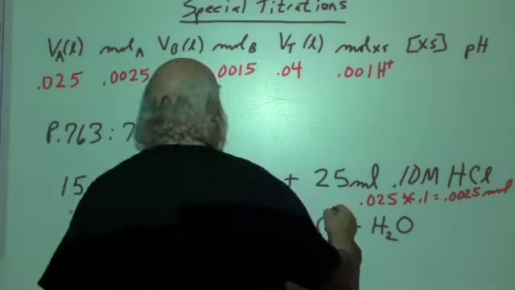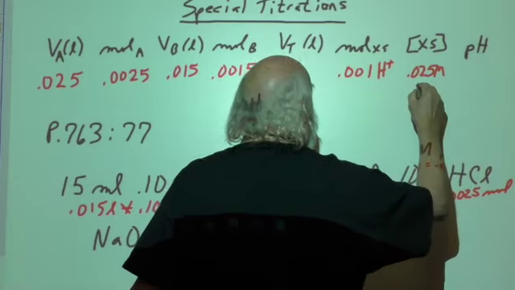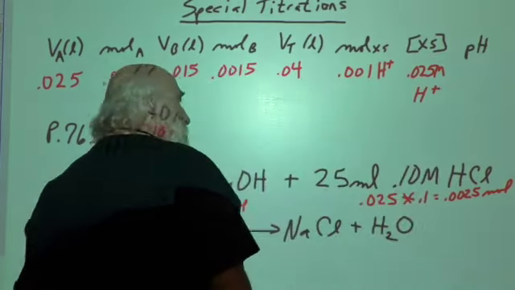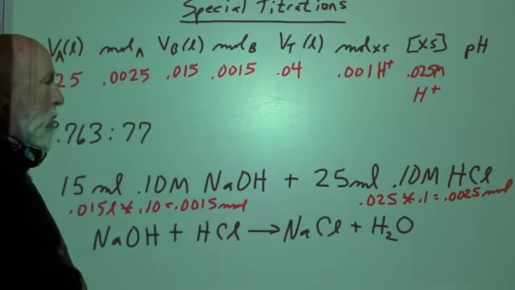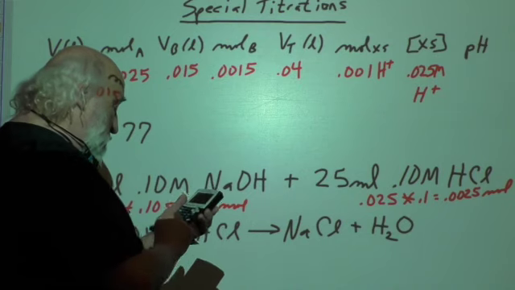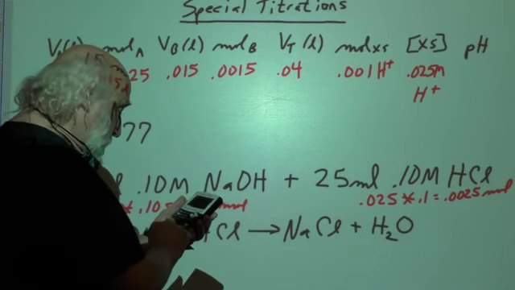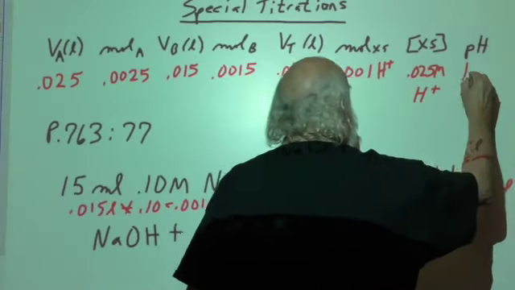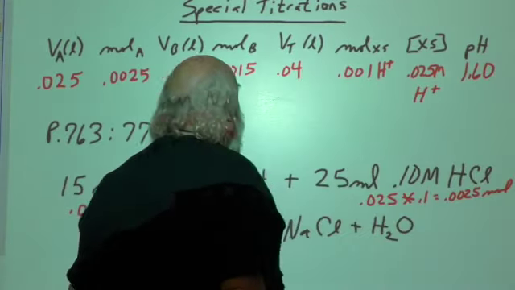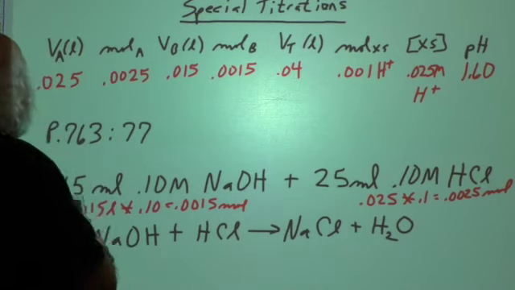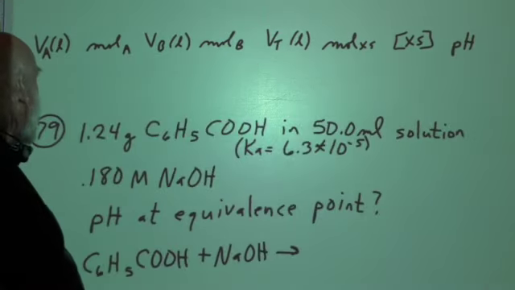And since this is moles per liter, and since these are hydrogen ions, they are acidic. That's going to be H+. So the pH then is going to be the negative log of 0.025. And your answer turns out to be 1.60. Okay? All right. Let's move on to the next problem. Number